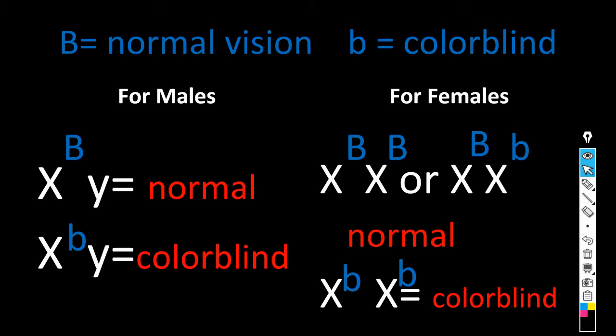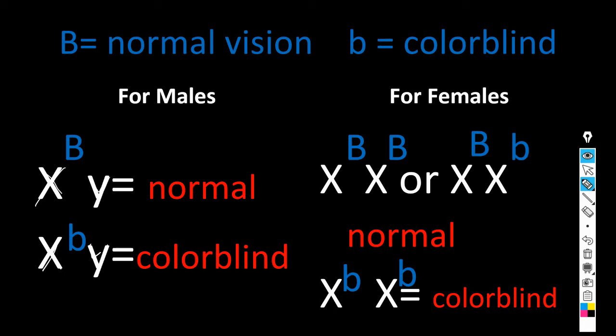Colorblindness is sex-linked, and it's also recessive. And so what we're going to do for our alleles is we're going to represent normal vision as a big B and colorblindness as a lowercase b. So for males, we have to include the chromosomes, and we're going to put XY for the males. So you can see we have XY here, XY here. Now, the reason why we have to include the